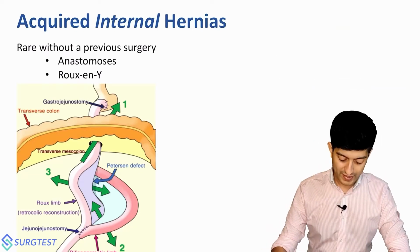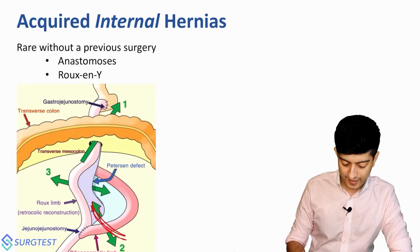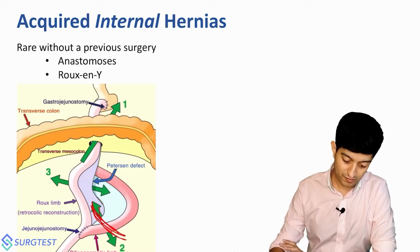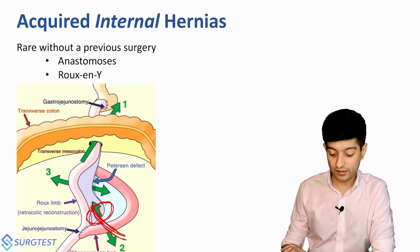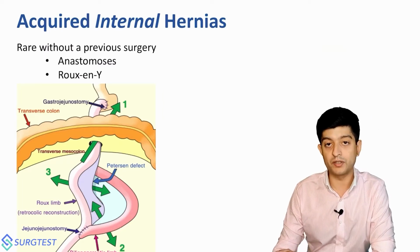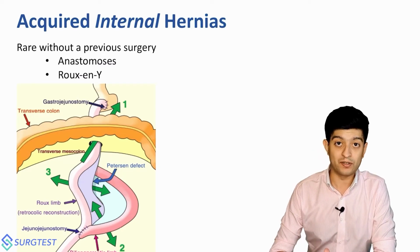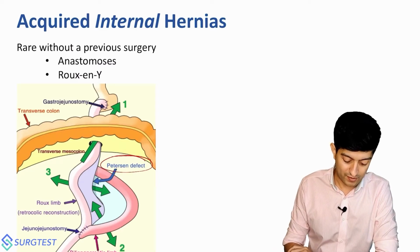The second place that you'll end up having a herniation is in the intermesenteric defect that lies just beyond the jejunal-jejunostomy. In such a situation, the mesentery over here needs to be sutured together, otherwise you can have an internal hernia across this. And the last one, which is the most difficult for people to understand, as well as the one that is most confusing on table, I can tell you from experience, is the Peterson defect that occurs behind